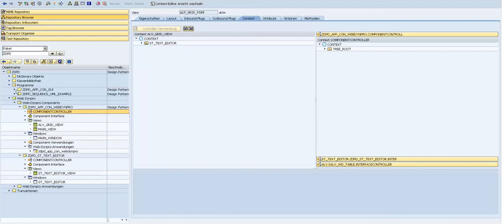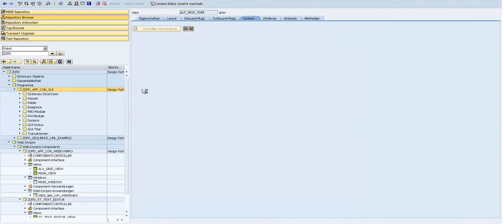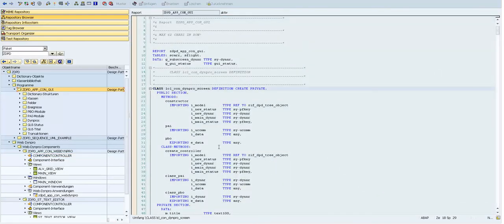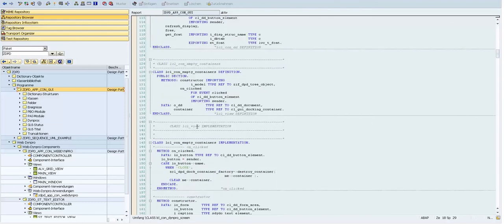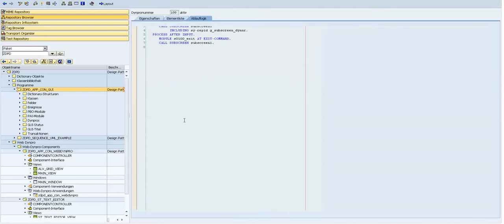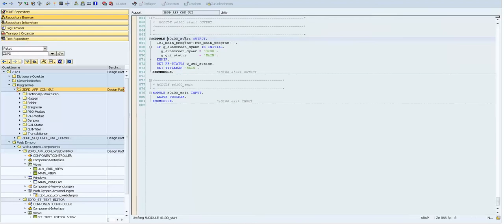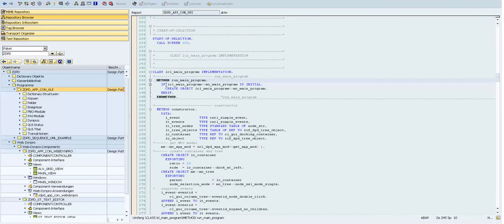But before doing this, I will also present in this tutorial the model view control application, but in the Dynpro. I think Dynpro is familiar to everybody. In this Dynpro we have call screen 100, and if we go to this, we see that we have a module start, and in this module start we run the main program. We can see that this method is called here, and if it is like this, we call